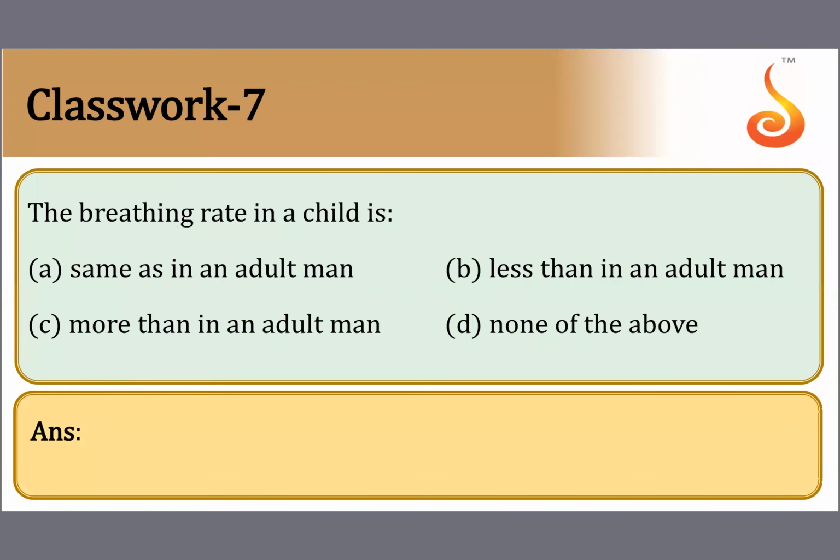I was telling you about the breathing rate of a normal human. It is about 12 to 16 times a minute, and the breathing rate of a child is much, much higher. So it is more than that of the adult. I told you it can be up to about 30 times a minute. Because in a child the metabolic rate is very, very high. It's still growing. The cells in the body are very, very active. They're consuming a lot of energy in all the growth zones in the body. A lot of cells are being put out. That's why the metabolic rate is very high. The body is demanding more oxygen, and as a result the breathing rate is more than that of the adult.